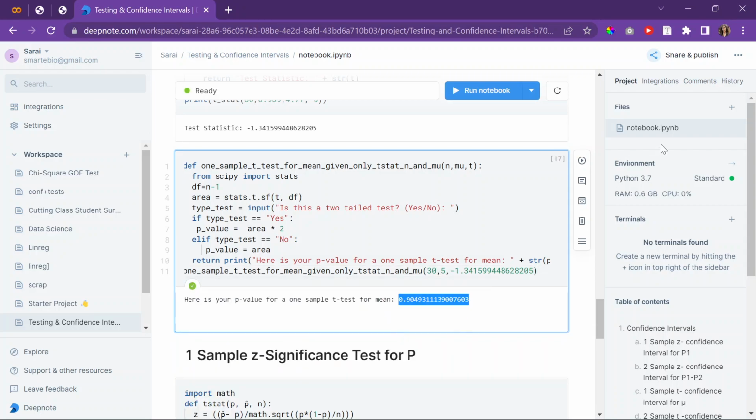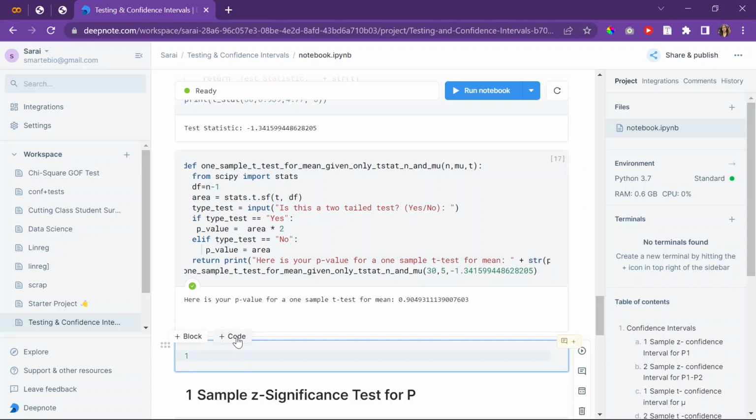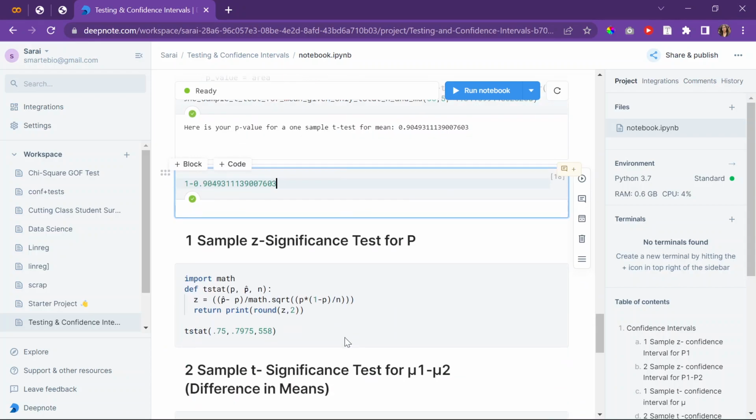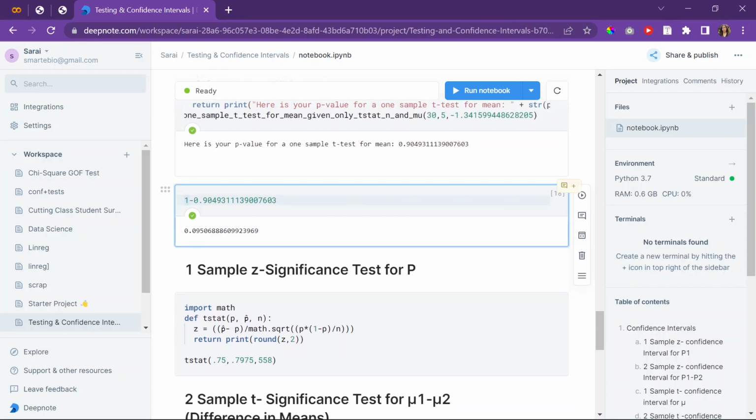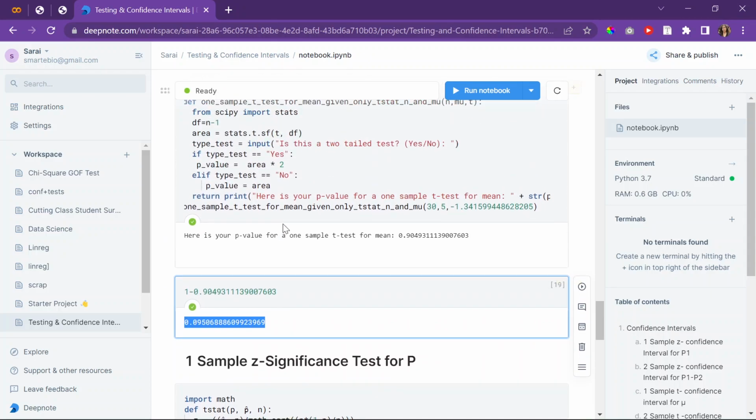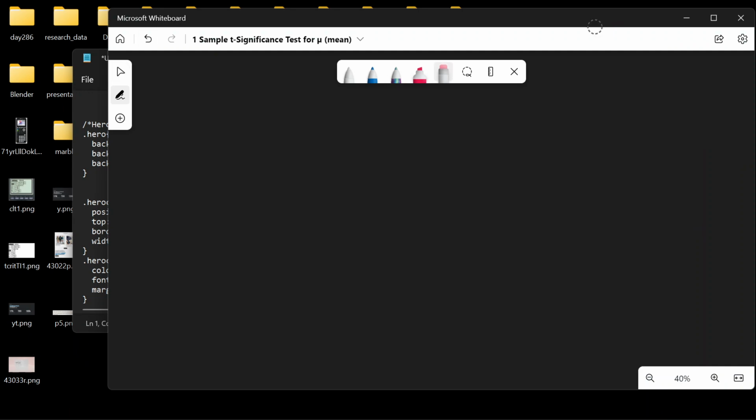And then do another code and just do 1 minus that. Oh, there we go. See? That's what's wrong. I can't believe I erased all my work just because I thought that I was wrong. I was not. So it turns out for obtaining the p-value,